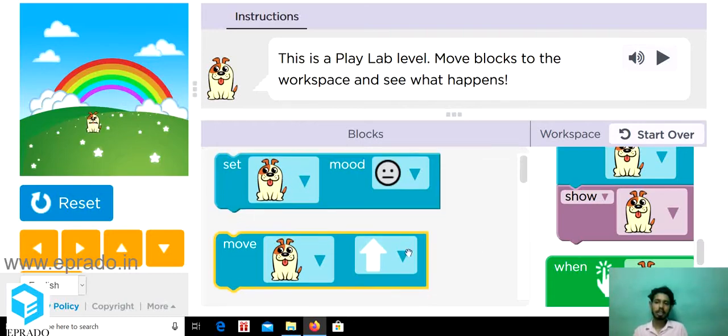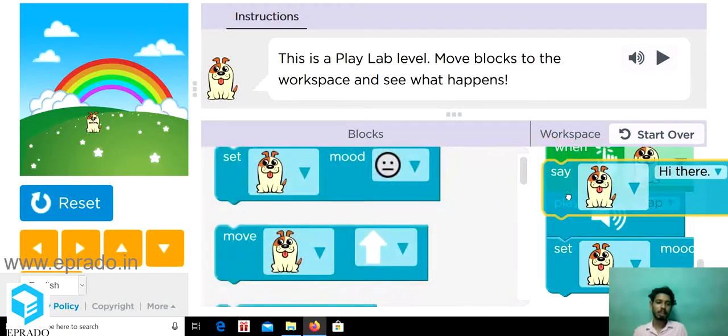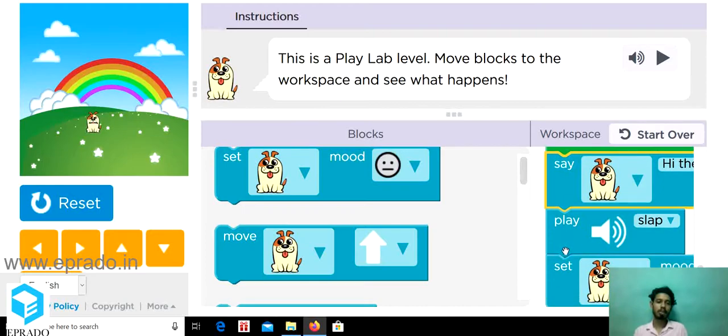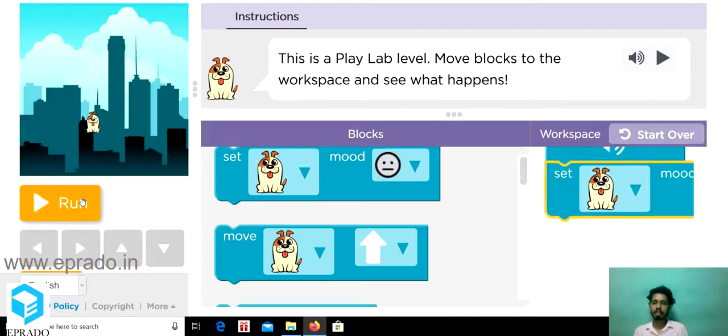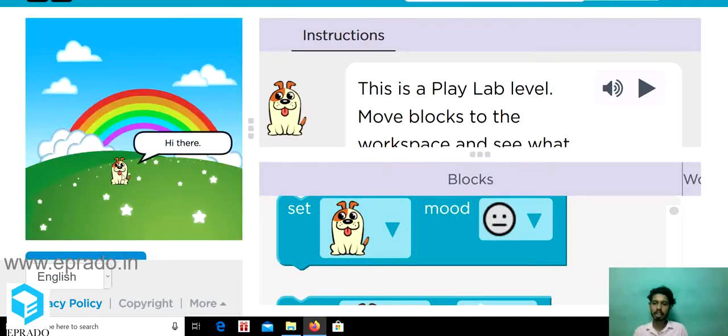But first, when the say block was placed above the set block, you can see that for the first click, it will say hi there, and after that it will change its mood.